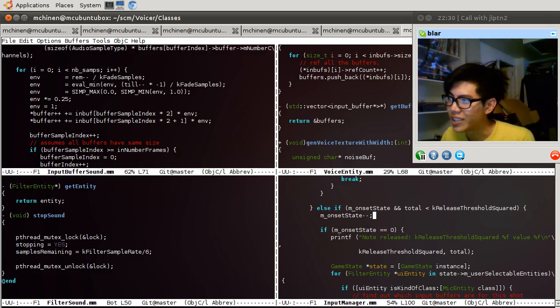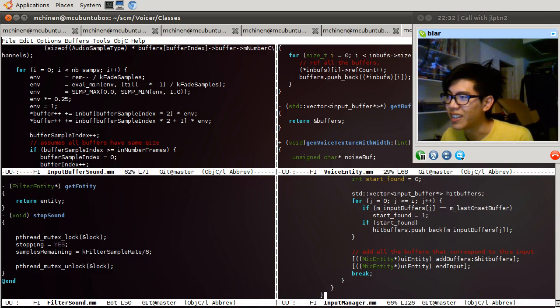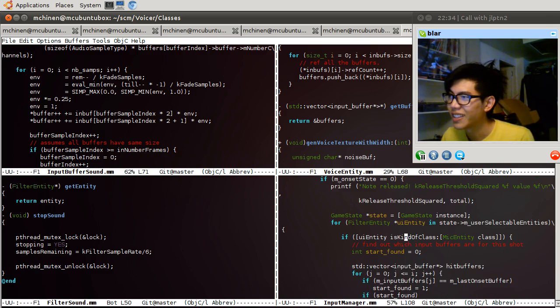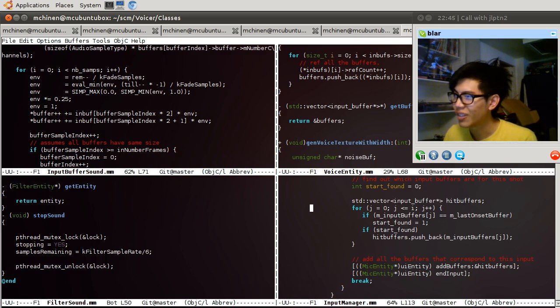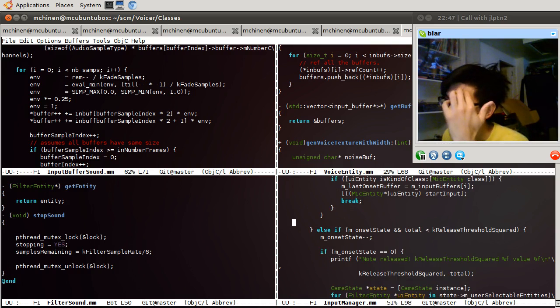There's onset state and there's analyzing. This is really confusing. Wait a minute, what's going on? I'm getting confused. Onset state minus minus.